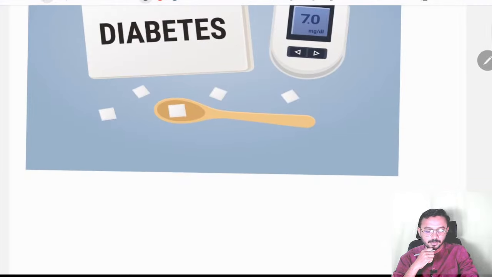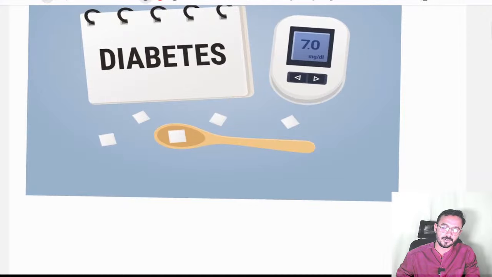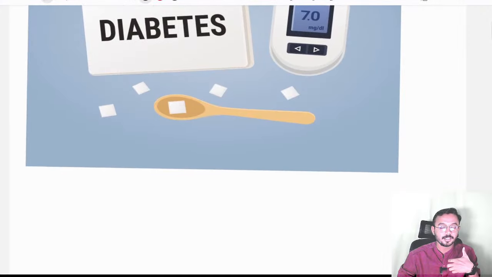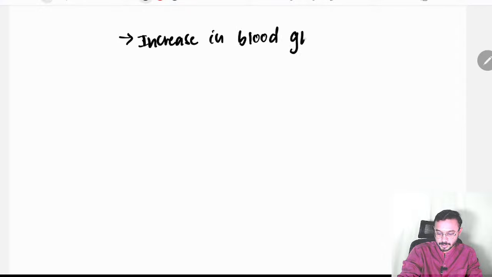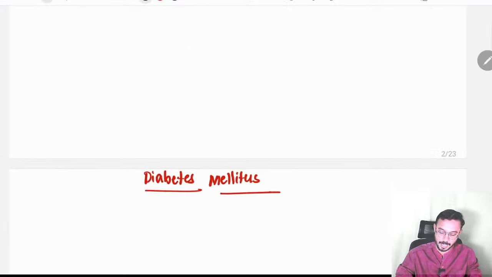India has become one of the top countries in the world in diabetes. India is the first country which stands in diabetes, and if you take the Indian population, 11% are suffering from this disease, that is diabetes. So what actually happens in diabetes, we all know, right? An increase in the blood glucose level. So how will it be increased, and let us discuss what actually happens in diabetes mellitus.